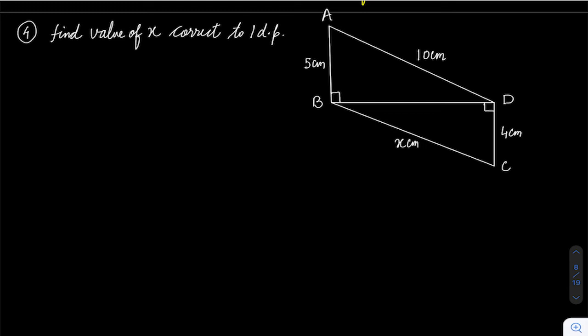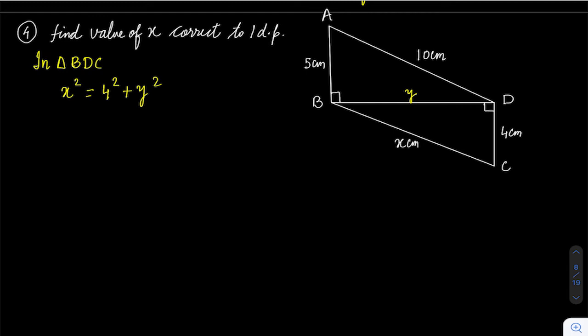Now again the same thing. If I think about x, which triangle? BDC. So in triangle BDC, I can see that my x comes. So let me first write this, what's going on here. Again the same thing, we don't have the value of BD. So let's take the value of BD as y centimeter. So I can say in triangle BDC, using Pythagoras theorem, my x square will be equal to 4 square plus y square. So if somehow I get the value of y, then I can get x.